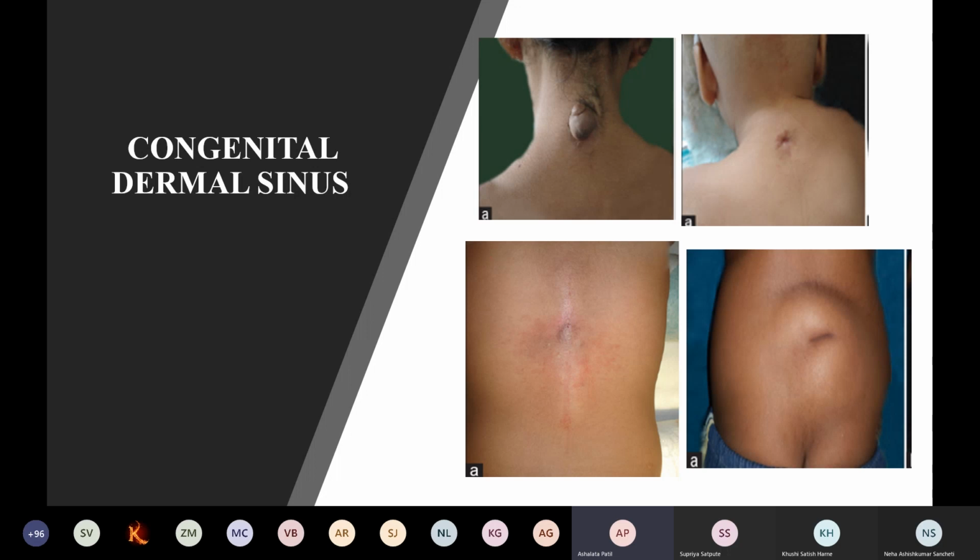forms the neural tube. If there is incomplete separation of the neural plate, neuroectoderm, from the surface ectoderm, then communication remains between the skin and the nervous system. This is seen in the form of such depressions or skin lesions, and this is called congenital dermal sinus. Sometimes it may be severe and have a connection with the nervous system, or just blind tracks will be seen. Anywhere you can see this, starting from the neck up to the coccyx, because of incomplete separation of the neuroectoderm from the surface ectoderm.